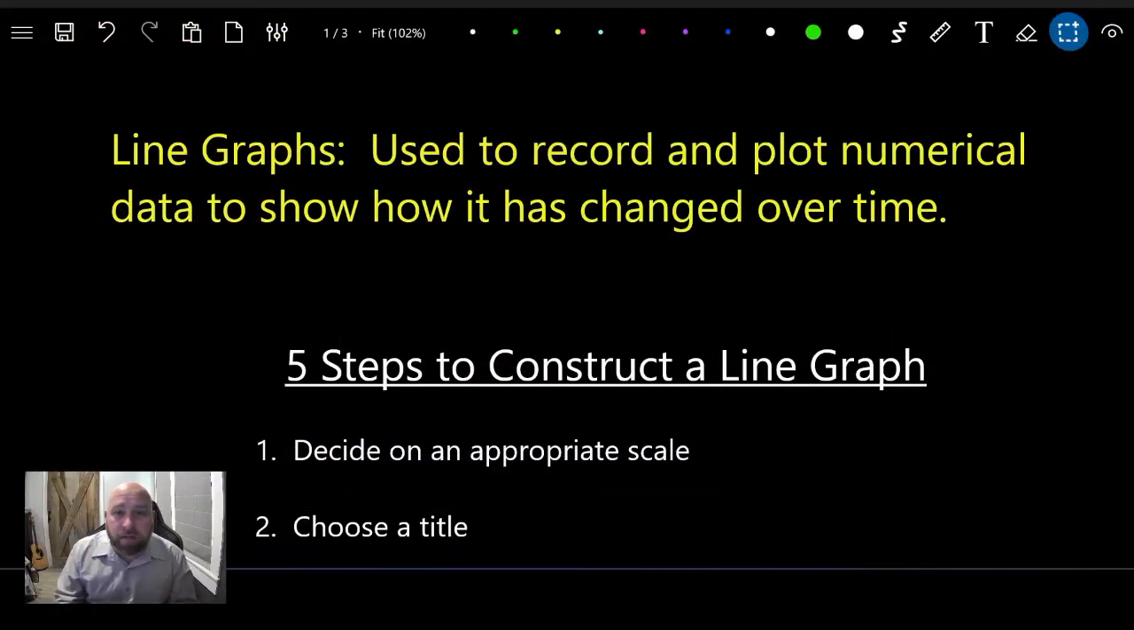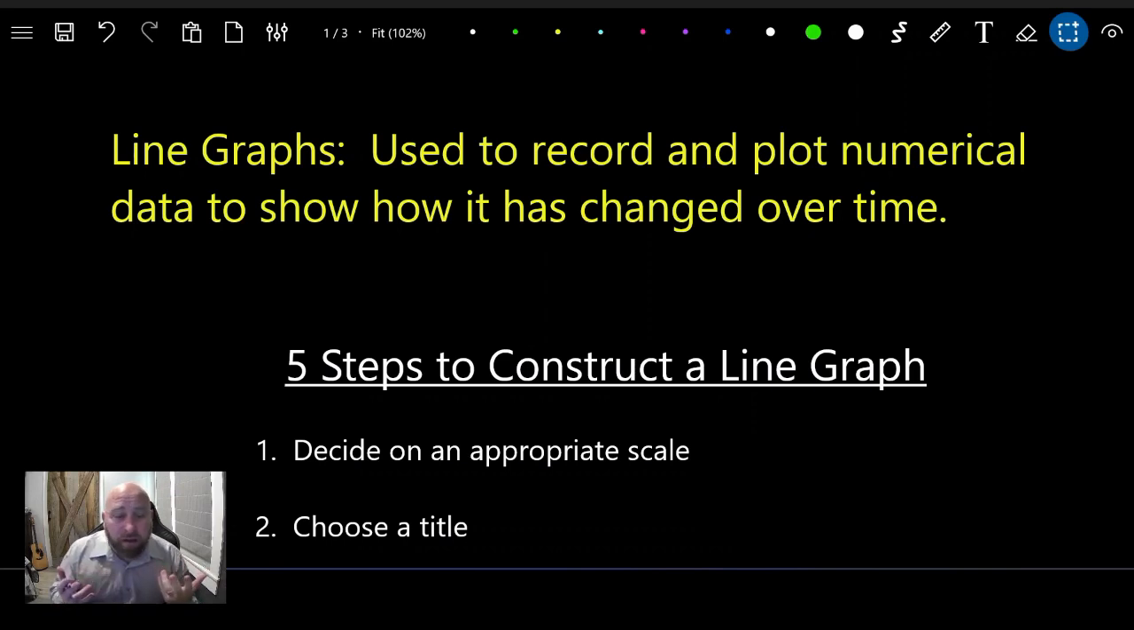So go ahead and look down there in the book, look down here at the screen, and let's define what a line graph is. Line graphs are used to record and plot numerical data to show how it's changed over time. So, for example,